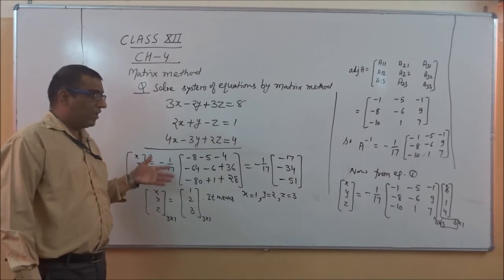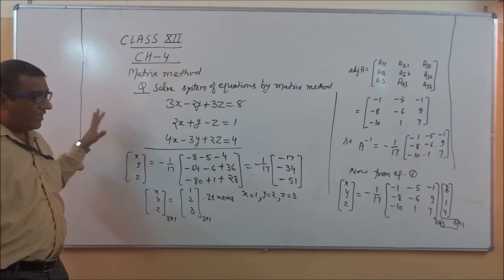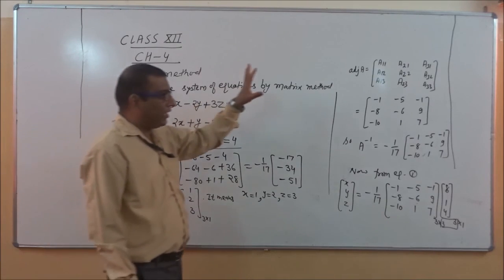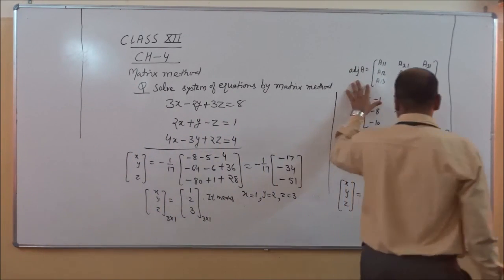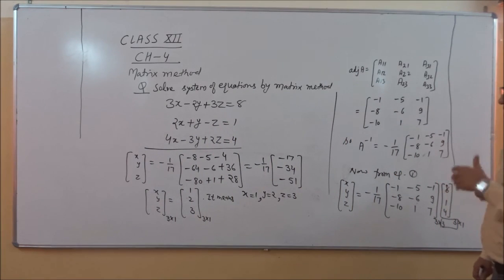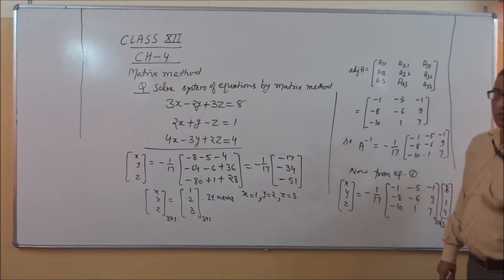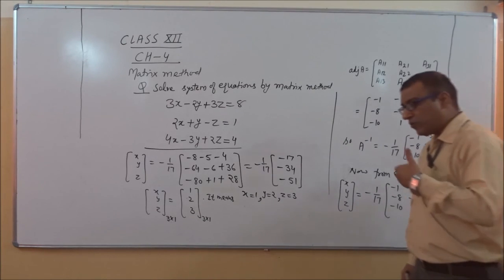So in the matrix method, whenever 3 into 3 is given to us, it means we have to calculate all the 9 cofactors. During that time, we have to pay more attention to the plus and minus symbols. And whenever 2 into 2 is given to us, either we will go with the shortcut method or we will go with the cofactor method.